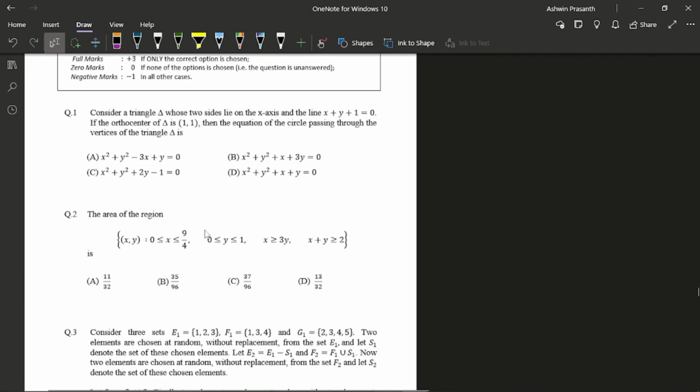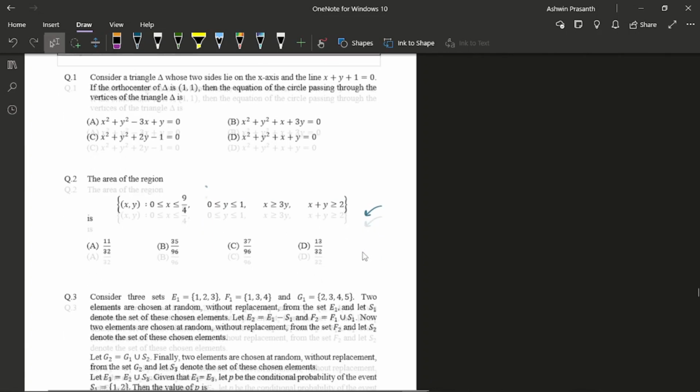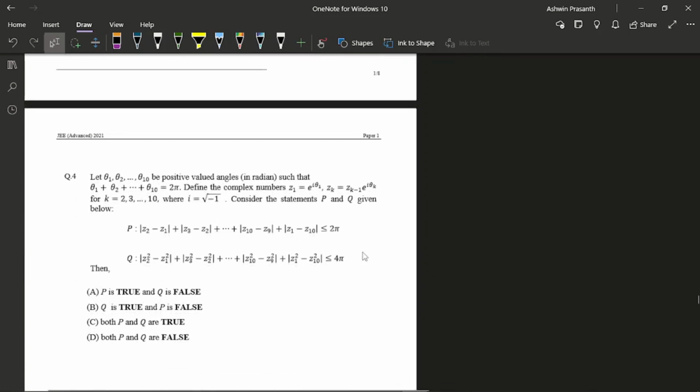This is the first question in the maths paper for me. I tried drawing the graph for this, but it was getting too complicated, so I left it for the next round. And yeah, I think this is the next question. Actually, what happened was I was a bit demotivated after not getting the first question, so it took me some time to analyze this question. But once I understood the question, I was easily able to solve it, and I marked the correct option, and I got all 3 marks here.